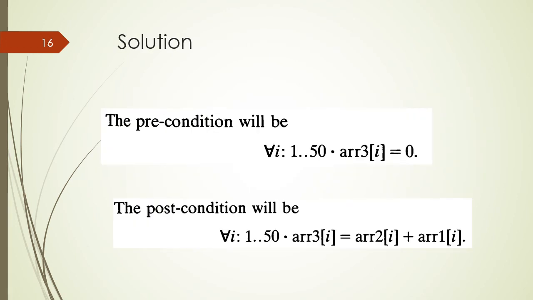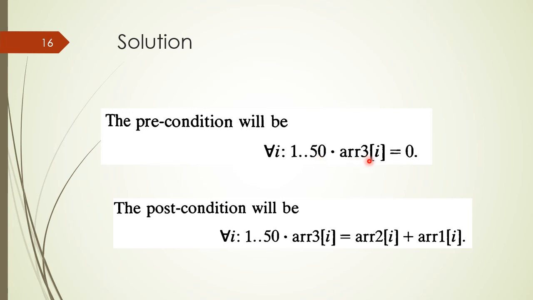Because array3 is used to store the sum of the corresponding elements of the first two arrays, we describe the precondition as: for all I on domain 1 to 50, array3 I is equal to 0. As you can see, the universal quantification is on the domain of positive integers from 1 to 50,